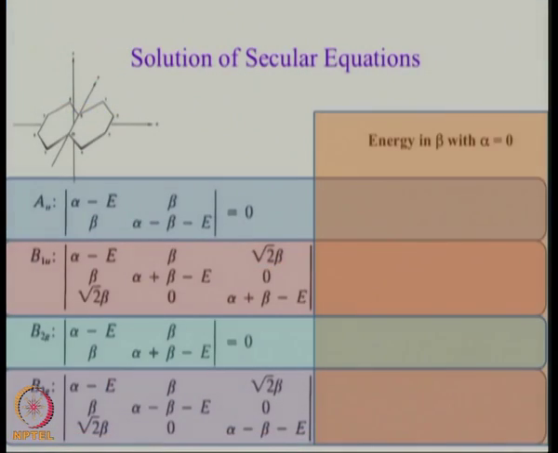What does the first one give you? Well, when we do this, remember that the usual practice is to set alpha equal to 0 and write your expression in terms of beta. And one more question from your previous knowledge, is beta positive or negative? Beta is negative, do not forget, it is stabilization energy. Can you solve this equation for me, the first one, AU?